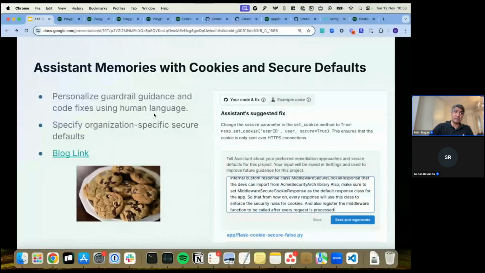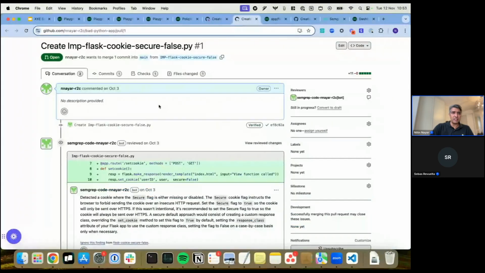So if you don't want to write your own rules, you want to take our rules but make them custom here. So let's look at an example for that, right? So here what I've done is I opened a pull request, and in that pull request, I've defined a function called set cookies, and I've set secure equal to false, right? So it's similar to where we were setting the XML